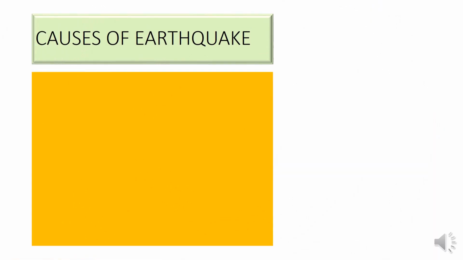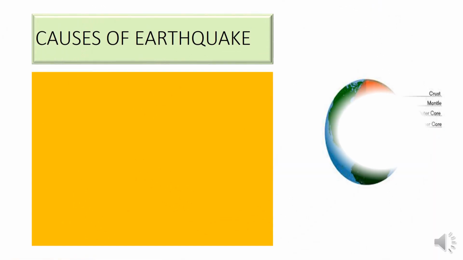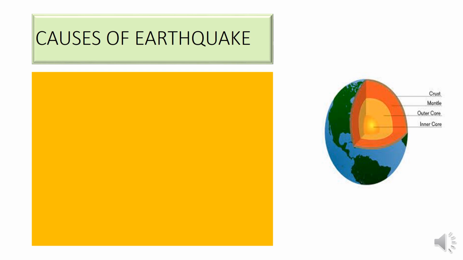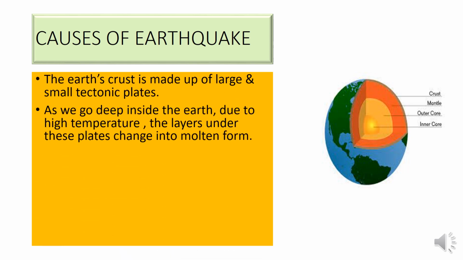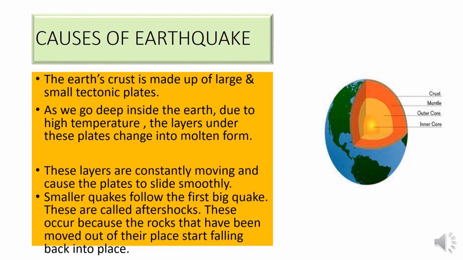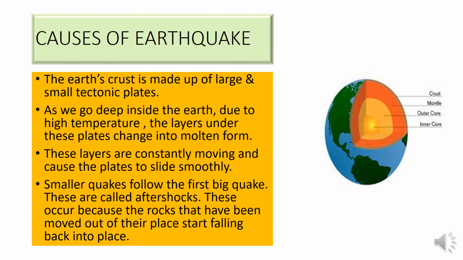Now, how is an earthquake caused? You all know that earth has 4 layers: crust, mantle, outer core and inner core. The earth's crust is made up of large and small tectonic plates. As we go deep inside the earth, due to the high temperature, the layers under these plates change into molten form. And because of these constantly moving plates, sometimes